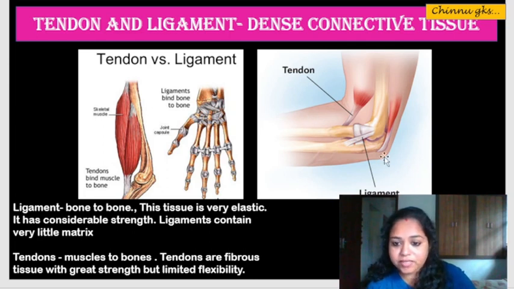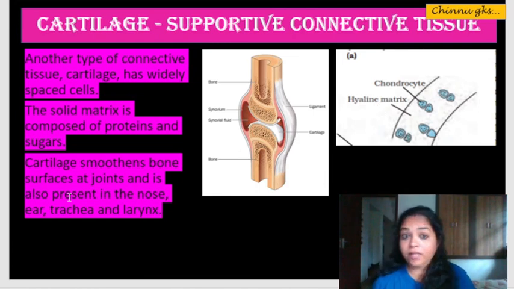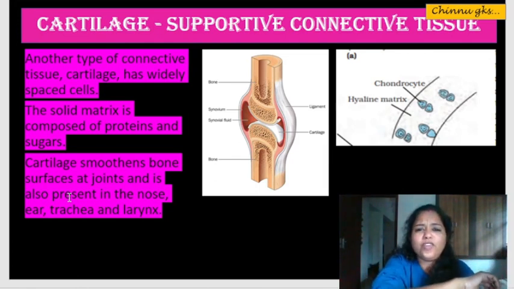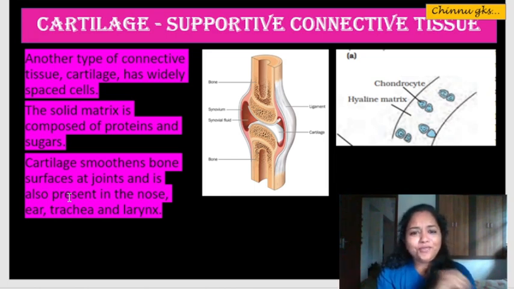So that's how you can see the position. This is the tendon, that is the muscle and the bone, and you can see the ligament that is there, L to L. So that is bone to bone. Now, the bones that are there, like for example our kneecaps, the kneecaps are so smooth. Just imagine if we were having bare bone over here and you get a hit on the wall. Won't that be very painful?